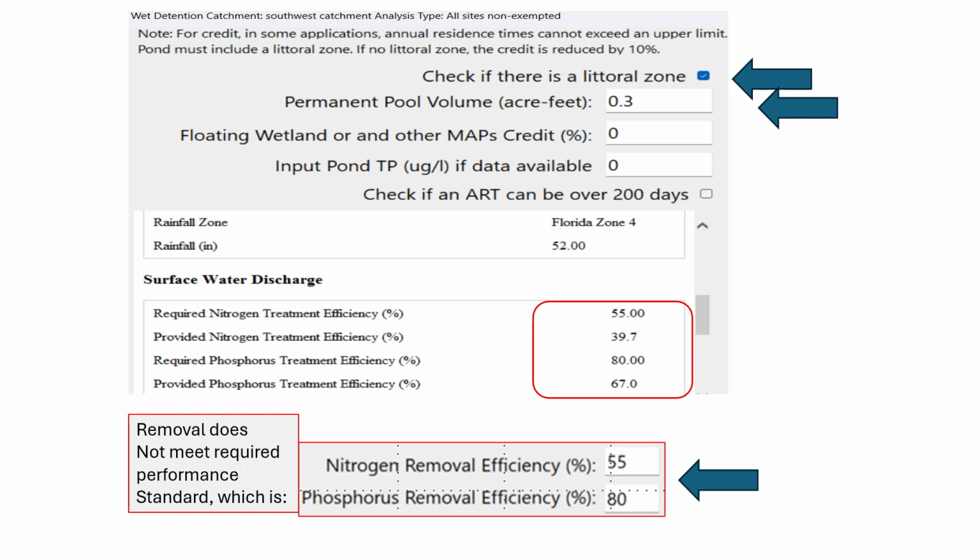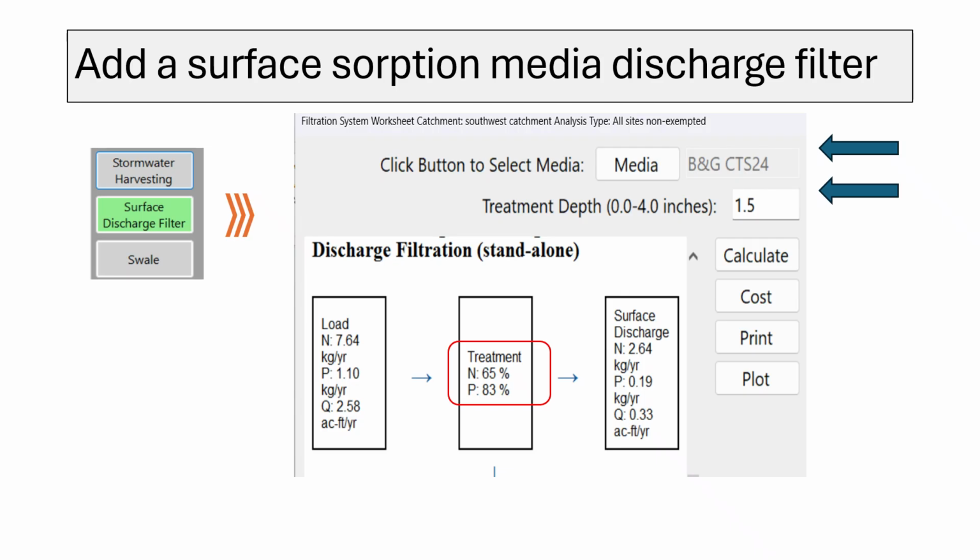Furthermore, they also do not achieve the broader net improvement targets of 77.3% for total nitrogen and 73.7% for total phosphorus. Let's now consider adding a surface sorption media discharge filter. For this option, we've selected the Bold and Gold CTS media to be applied at a treatment volume of 1.5 inches. This filter is projected to achieve a 65% removal rate for total nitrogen and an 83% removal rate for